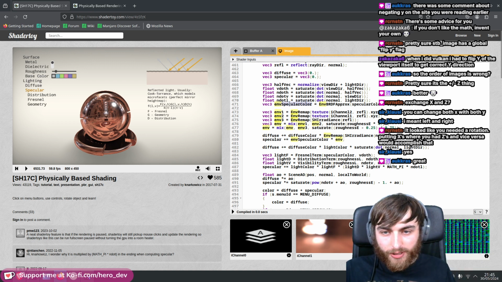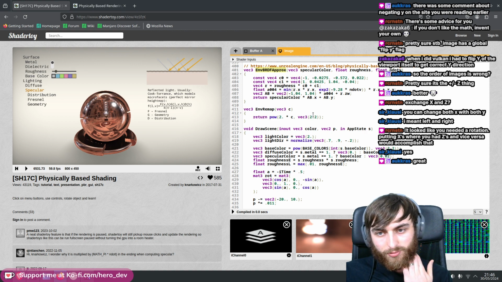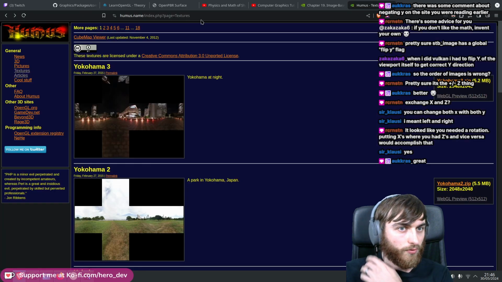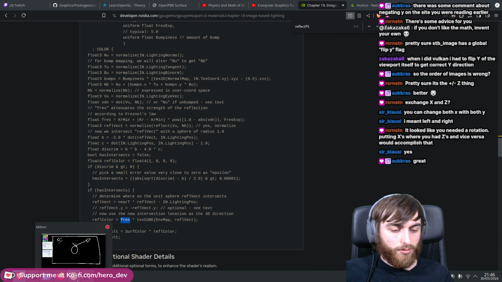Right, environment specular color. Evaluate BRDF. Sorry, environment BRDF approximate specular color roughness n.l. That seems like what we need. Gonna just do the Fresnel for now though. Right, they're taking this from Unreal Engine or whatever. So when we saw this one uses Fresnel. So why don't we just do the Fresnel on it? We already have all